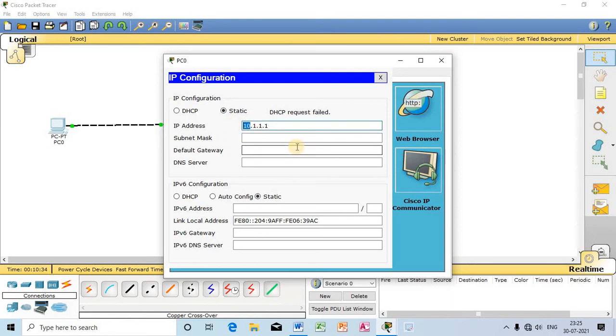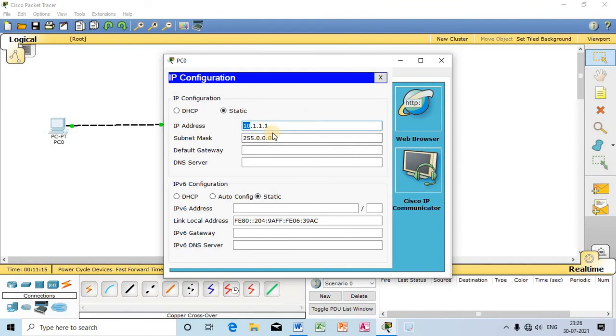In a class A IP address, the first part is network, that is 8 bits, and the next three parts belong to host. The default subnet mask for a class A IP address is 255.0.0.0, and I have provided the first field value as 10.